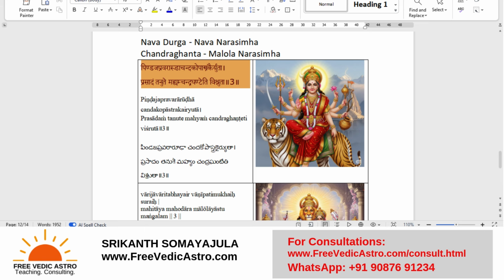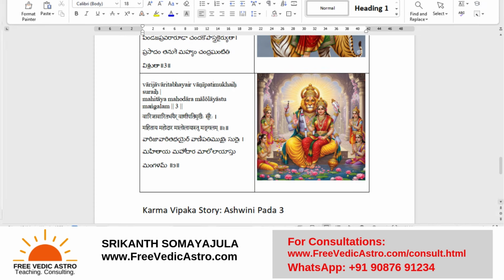And you can see 10 hands for the Mata, which would mean the third house. Third house is all hands, right? So Mars is the significator of the third house, and Mercury is also the lord of third house. So 10 hands, a person who is a multitasker, who can do a lot of things at the same time, right? Multitasking can be bad sometimes because it is important for you to focus on one thing, for you to excel in life. Sometimes it is necessary, and sometimes it is very good so that you can do a lot of things at a time simultaneously, depending on the kind of job you're doing. So never stereotype saying, look, 10 jobs at a time is a good thing. No, it may be bad as well if the job needs a huge concentration.